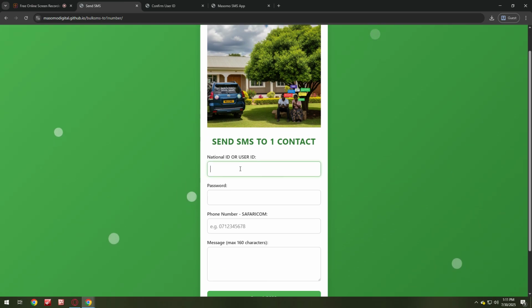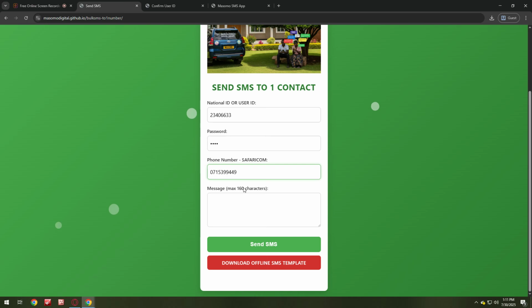You will come here, enter your user ID like that. You will enter your password and you will enter the recipient number. The recipient number, make sure it is a Safaricom number. As I've told you, our system uses Safaricom numbers only as at now. So you'll enter the number there. Then you'll type the message there